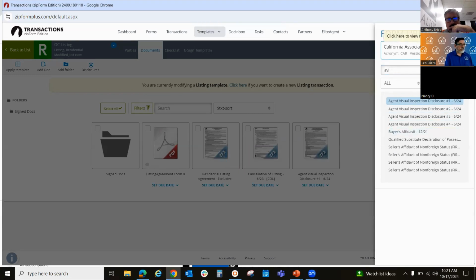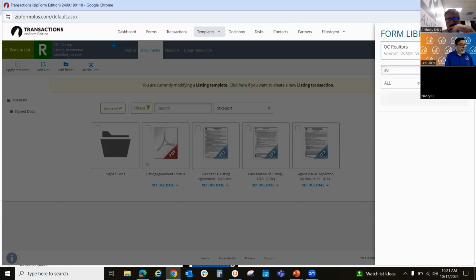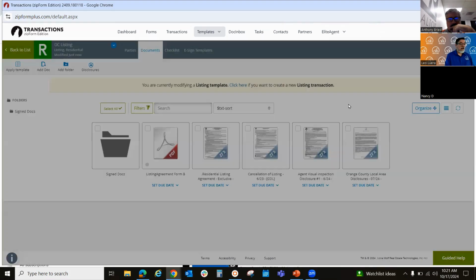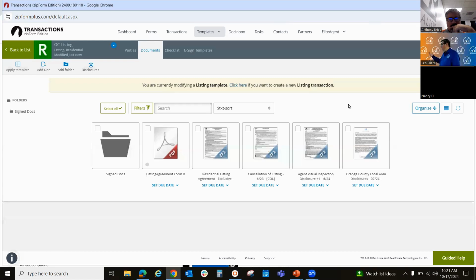If you need to add a document from another library, like let's say the OC Realtors library, then you can add that document there as well. You can add all the documents that you think you may need. You don't have to use the documents here. Like let's say we didn't need the Orange County local area disclosure because let's say the property is in,